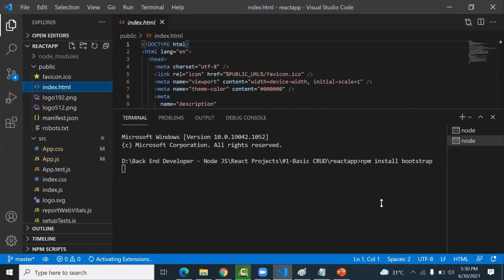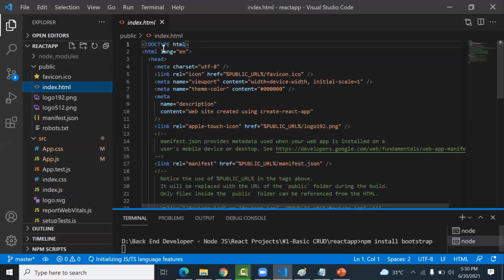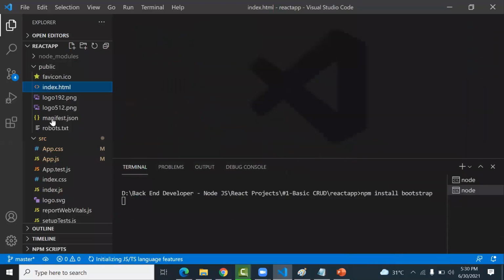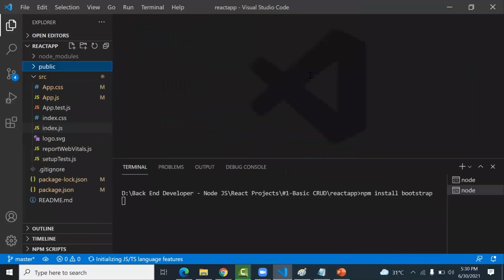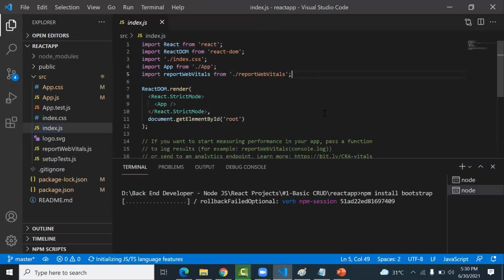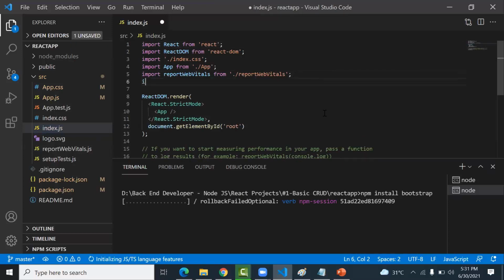the Bootstrap link. Instead, you can directly import Bootstrap in the app.js or the index.js also. To import, you can simply write import ./node_modules/bootstrap/dist/css/bootstrap.min.css.